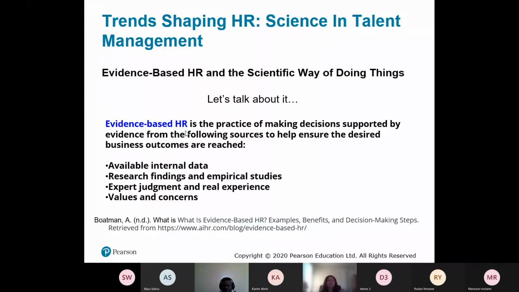All of those numbers, all that data, all that information is basically what helps the company to make a wise decision. Not always a wise decision, because unfortunately, sometimes they make a decision and it's not the correct one, but hopefully it is the best decision based on the data that they have collected and the numbers that they have. So that's what we consider evidence based: reviewing all the internal data,